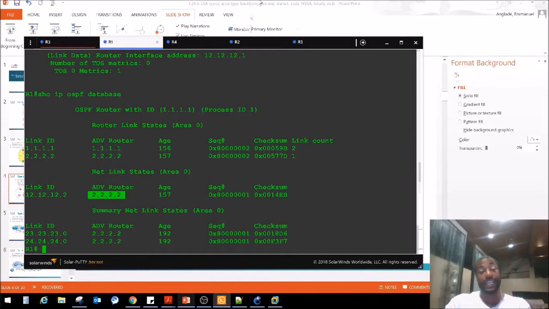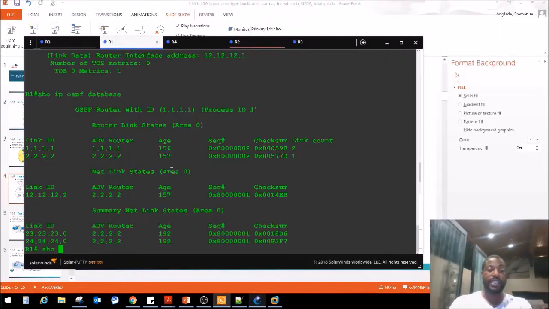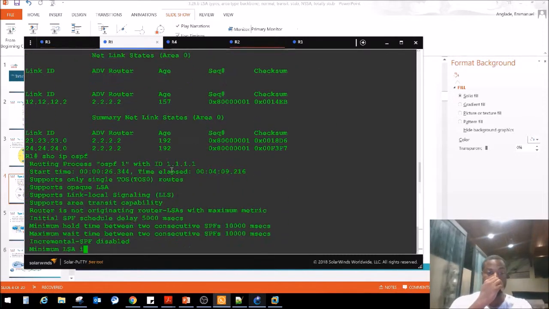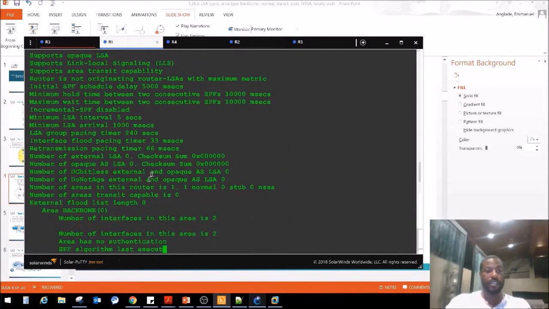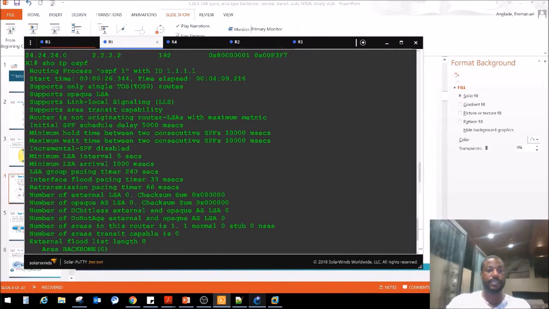So router 2 must be the DR in this case, right? Let's take a look at router 2 then. We're not going to console into him. So we're saying router 2 is the DR, right? Let's make sure. Who is the DR? Let's do show IP OSPF just to see. We're just doing this little experimentation here, right? Designated router is,